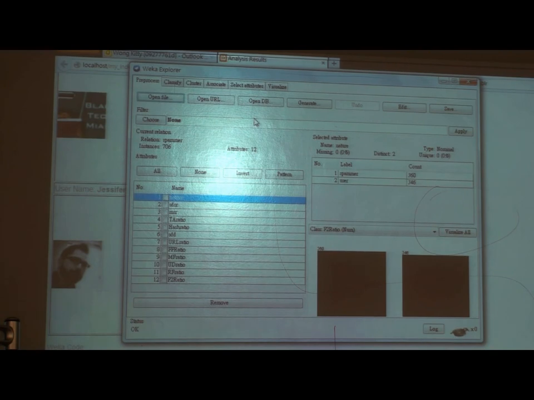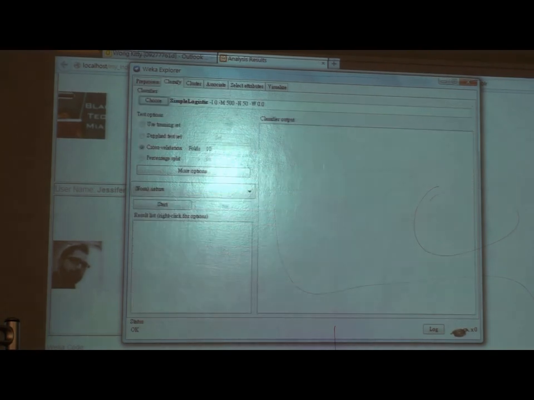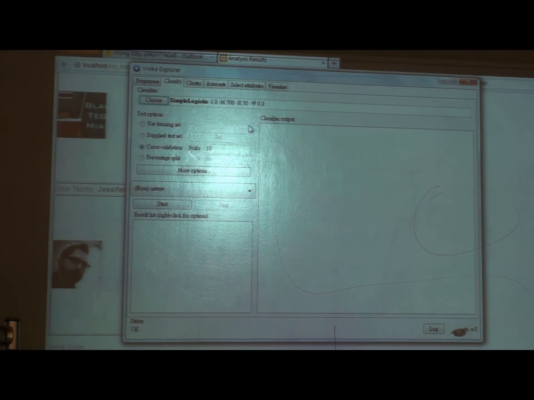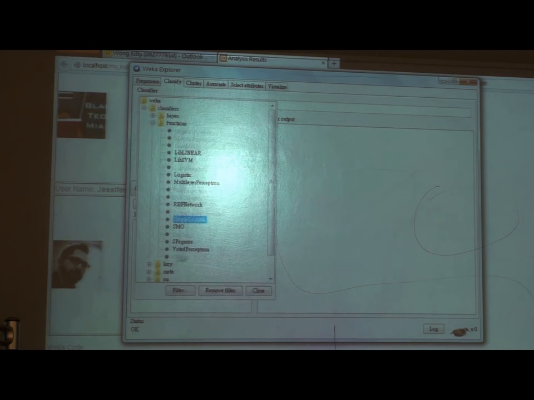So now we can go to the classification method of the data. You can see that I can choose cross-validation with fold number 10. That is the tenfold cross-validation method I mentioned. And you can also choose the classifying method that is used. For this project, I used several different ones, but the one with the highest accuracy is simple logistic. So I will demonstrate it here.